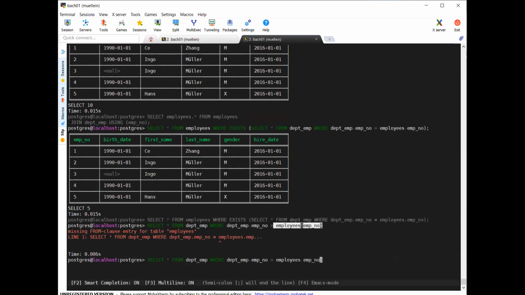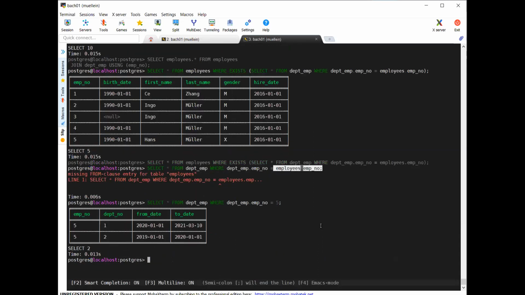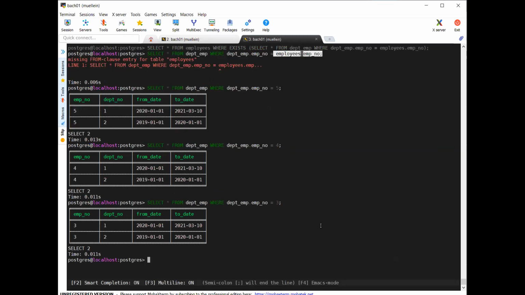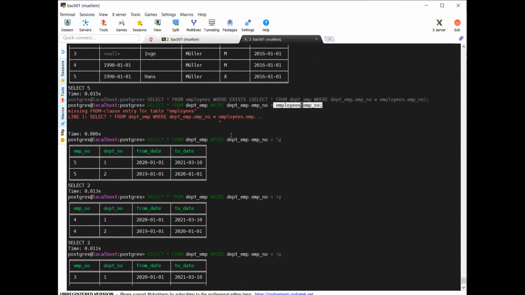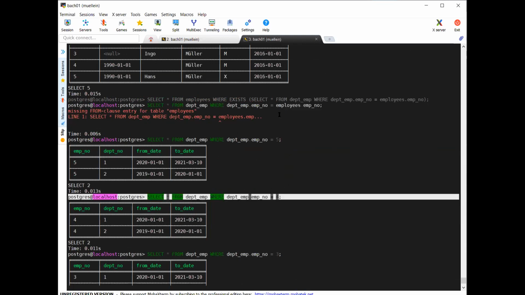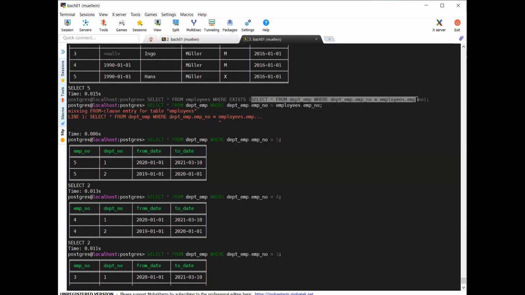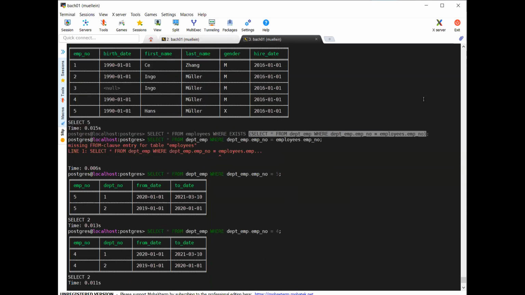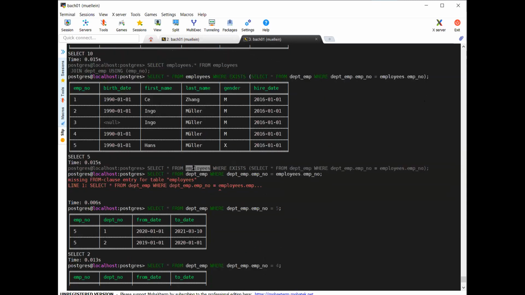What we can do though is use an individual constant, say employee number 5, and that will produce something. I said 4 earlier, and we can use it for 4, we can use it for 3, etc. So when we use this query that we ran now with a couple of constants as a nested query, you can think, and that's correct for the semantics, that this nested query is executed once for every row in the outer context,